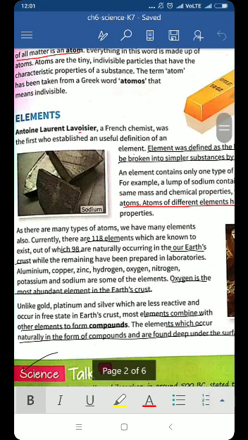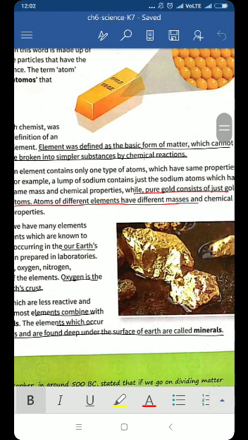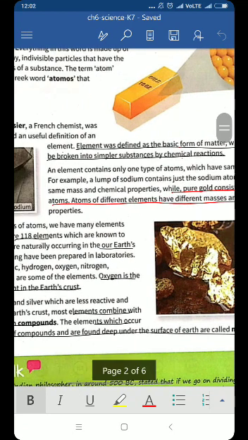Next is elements. There was a French chemist named Antoine Laurent Lavoisier, and he was the first one who actually defined element. According to Lavoisier, an element was defined as the basic form of matter which cannot be broken into simpler substances by chemical reactions. For example, pure gold consists of just gold atoms, which are only one type of atoms and